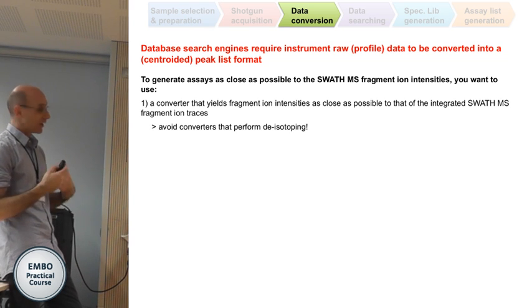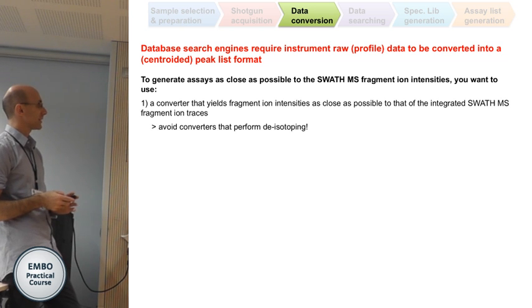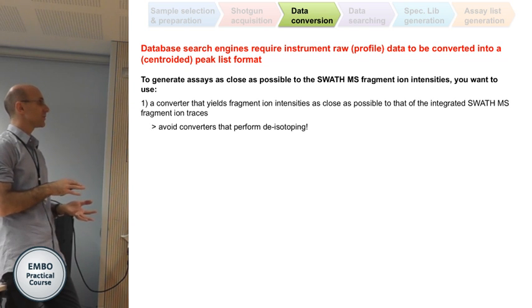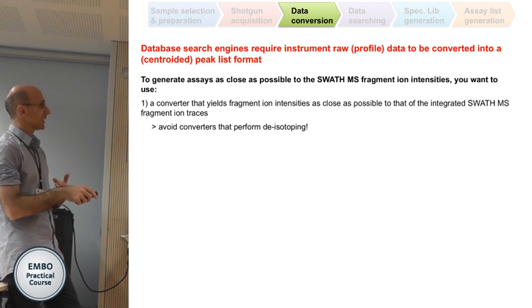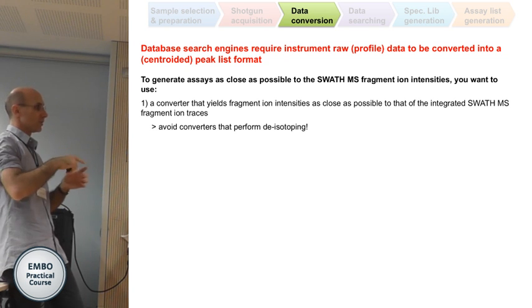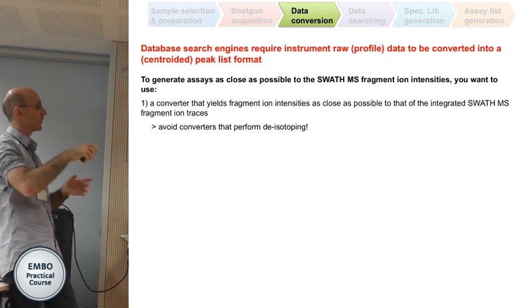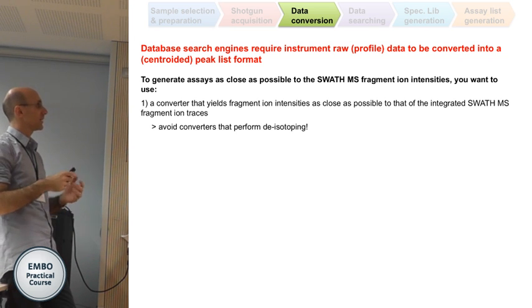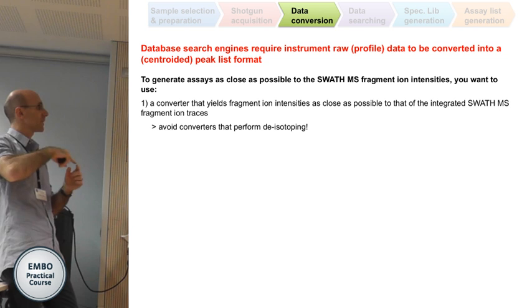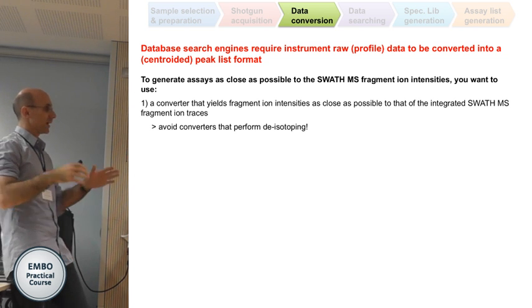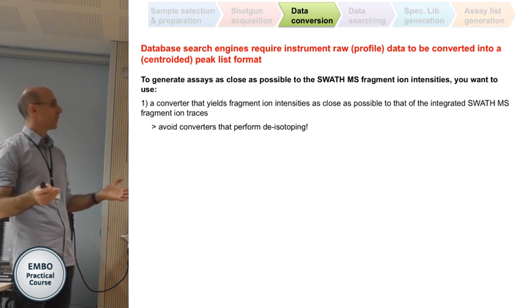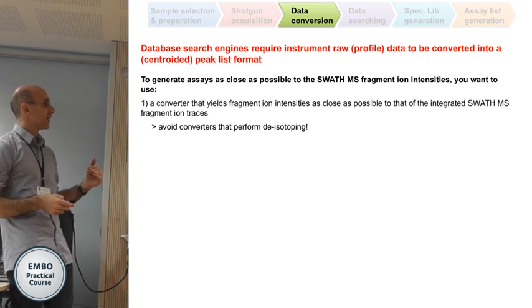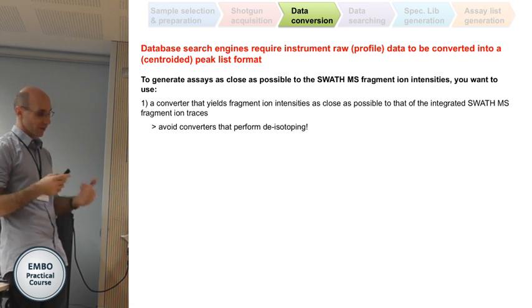And to our surprise, we figured out that the converters might actually perform very differently depending on the type of integration that you do for the peak picking. During this centroiding, for example, some converters use the peak apex in order to convert the raw profiles in order to centroid them. So sometimes they use the peak apex of the profile, sometimes they use the peak area of the profiles, sometimes they integrate more noise or less noise, remove some background. And this actually affects very dramatically the performance of your